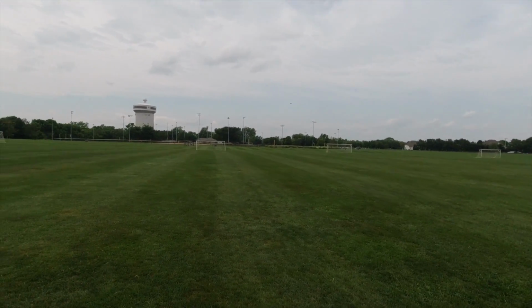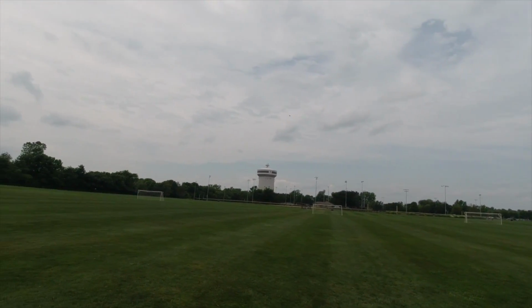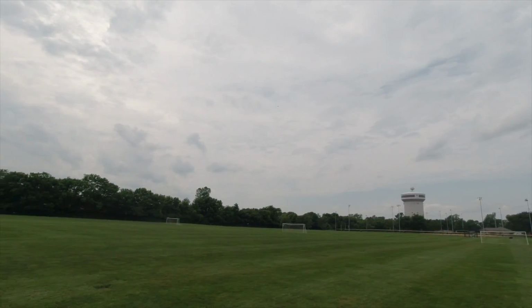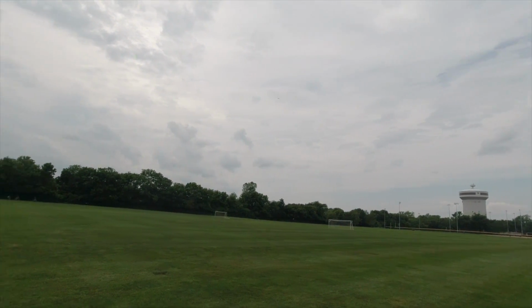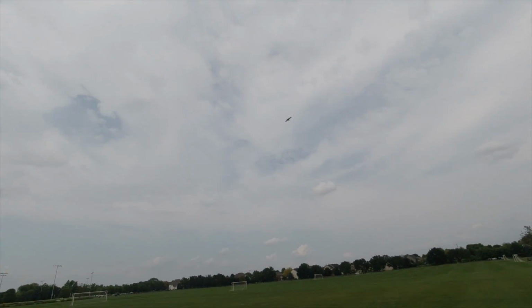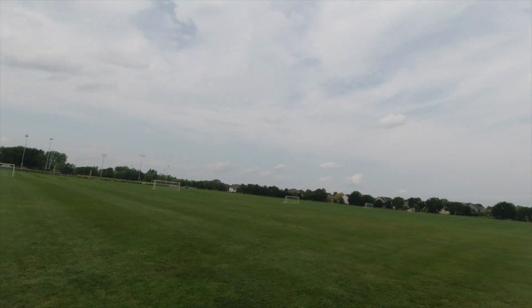Alright, so I'm gonna start doing some glide passes when I bring this thing up to altitude and just glide it, because that's one thing about these Goblins, is that they glide amazingly well. So just gonna do some gliding circles, and the nemesis of your glide is gonna be when you drop a wing,